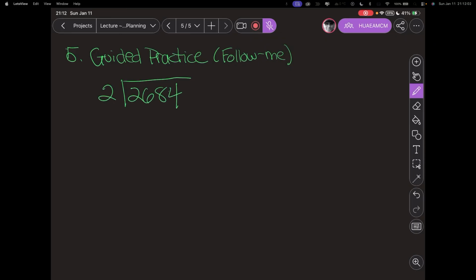I'll say 4 because it'll make it easy again. So I might write a couple of questions on the board, right? Something like that. And then I might ask students to go through the process. And so I might say, Jordan, what's the first step? And they would say, blah, blah, blah. And by the time we were done, we'd have both of these questions done. So I'm walking students through the steps.